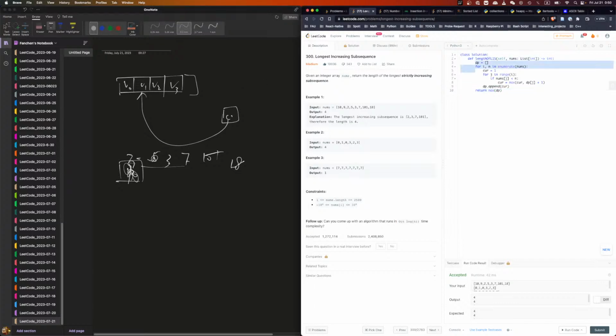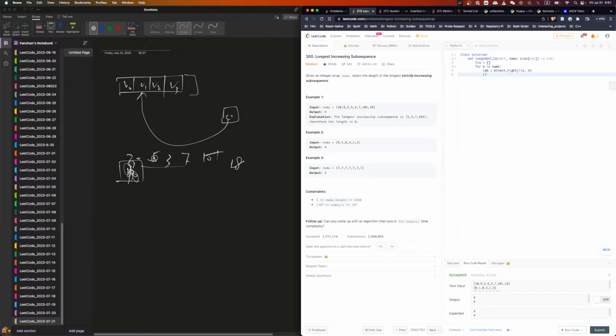So LIS equals this. And then I'll binary search this. Binary search for n in nums. Okay. Index equals bisect_right of lis and n.